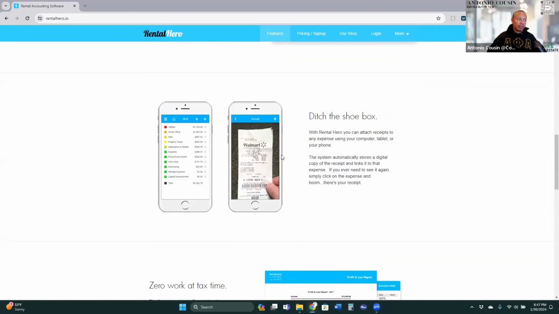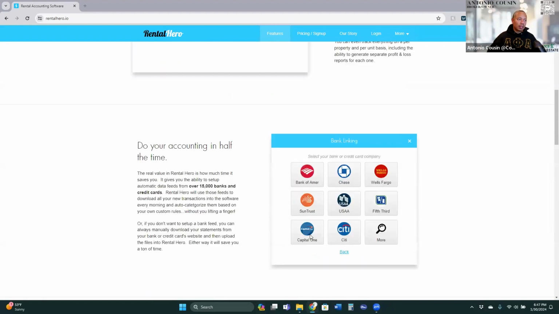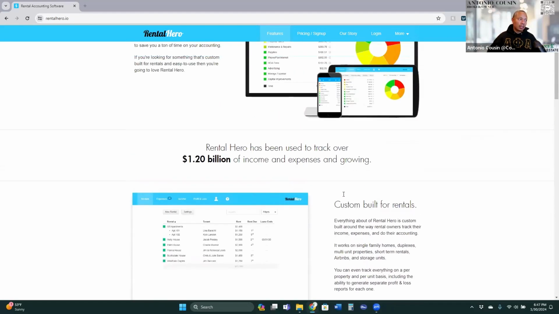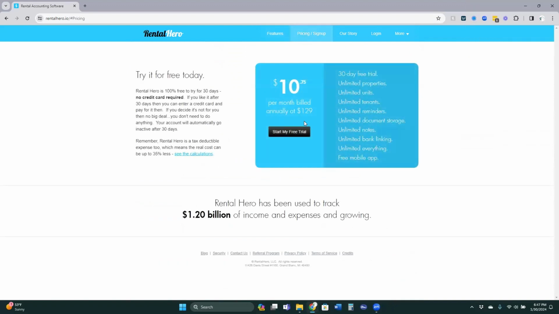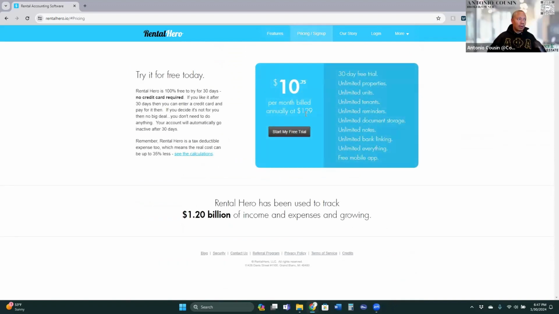You could scan receipts in there if you want. I never did it. You link your bank accounts. It's so easy. The cost of it, let me see. It's not bad. I use it as well. There you go. Per month, billed annually, at $129. I've been doing it since